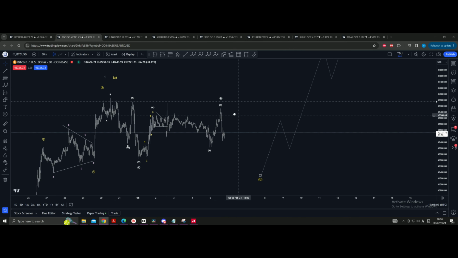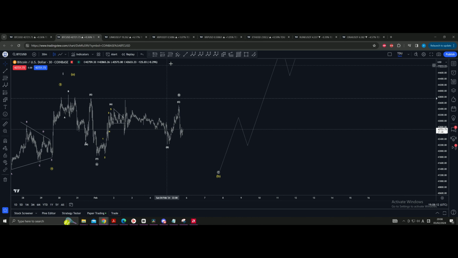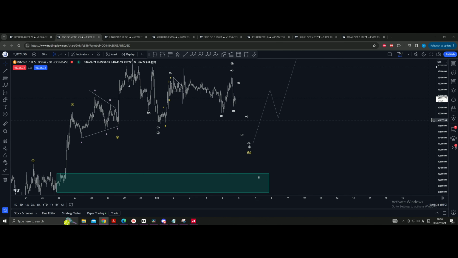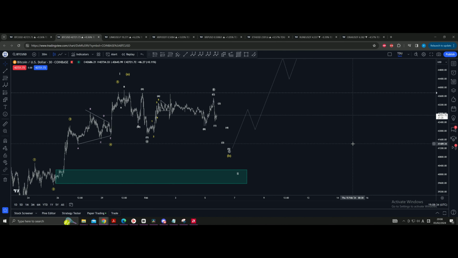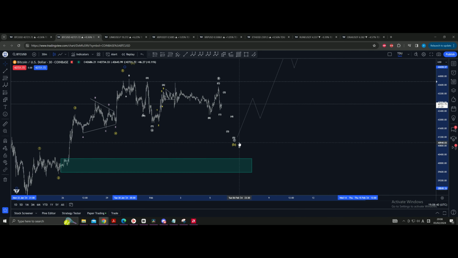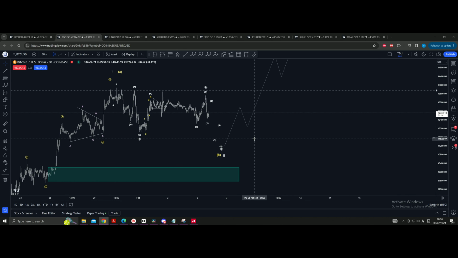So now, honestly, I think this is what's going on. 1, 2, 3, 4, and 5. So we're going to go there. Playing something in between, I think you just get chopped. I think this is what's coming. And this can be either a wave B or a wave 2. That's where I'm interested to long.